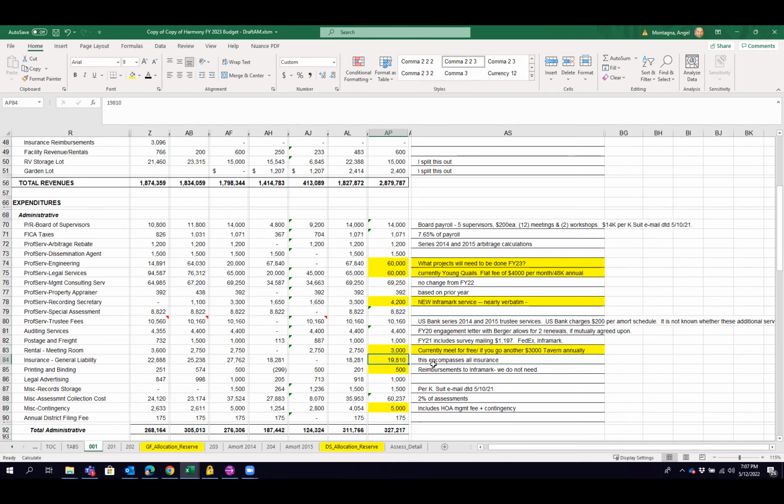Your insurance, this is your new insurance cost. Everything went up, so that's what that is. Printing and binding, you have 500 in here. You've always done that. We do not,